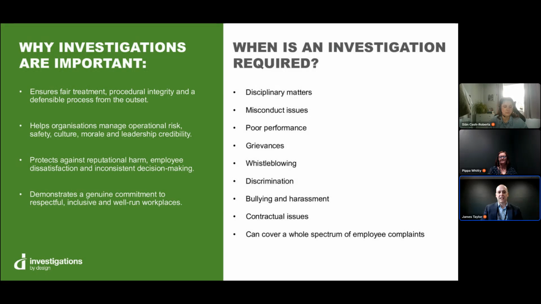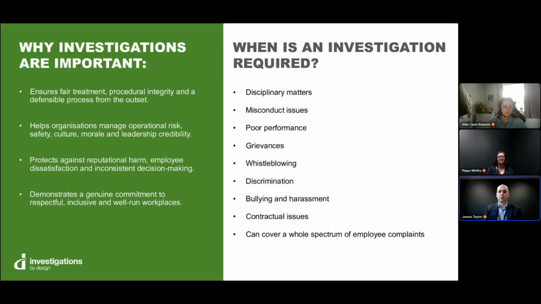So I think obviously this is AIRMIC, so from an organisational perspective, investigations also help manage risk. Now, that includes legal and procedural risk, but also operational, cultural and reputational risk. When concerns are not investigated properly, problems can escalate. Staff can lose confidence in organisations, managers may feel unsupported, decision makers may be left trying to make important decisions without a reliable factual basis. By contrast, a timely, proportionate investigation gives the organisations a clearer picture and supports more consistent, transparent and accountable outcomes.